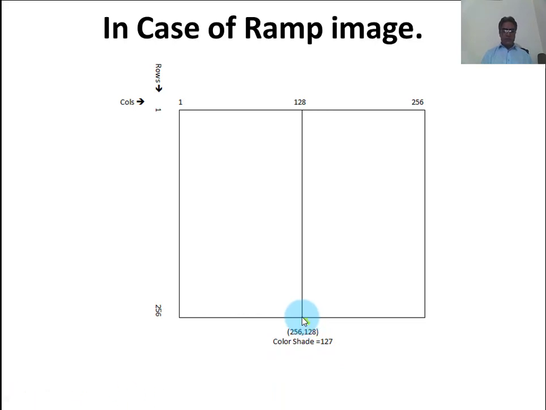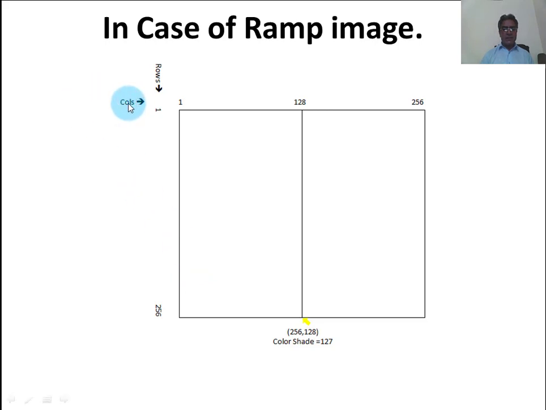because the lower value of the color shade in the gray image is 0, and the higher value in the gray color shade is 255. So the middle value of the gray color shade becomes 127. We will discuss in detail when we will see the output of our program. So we discuss our program.